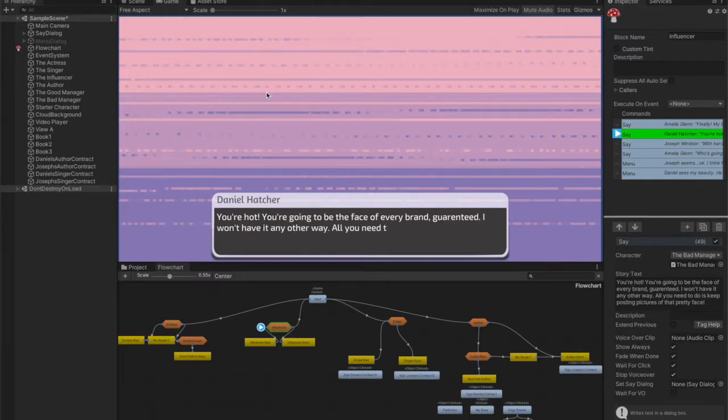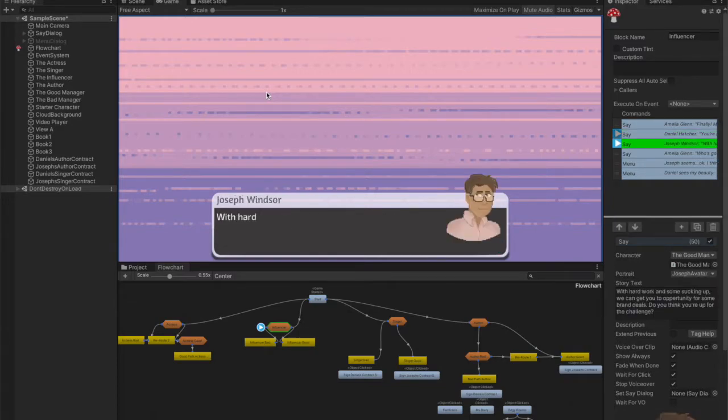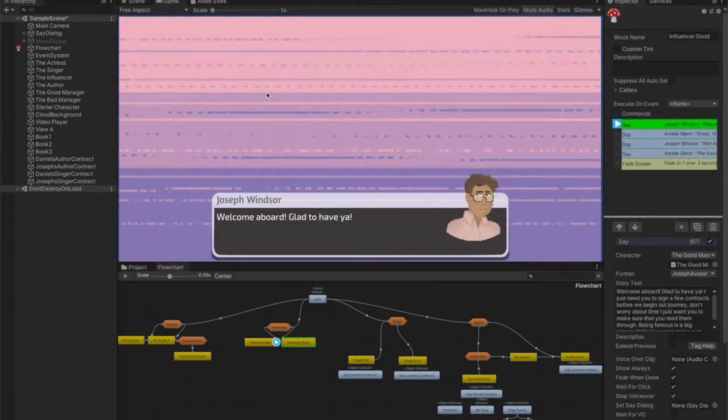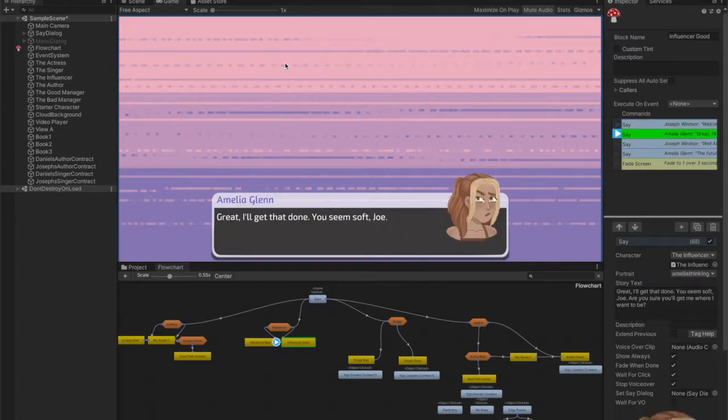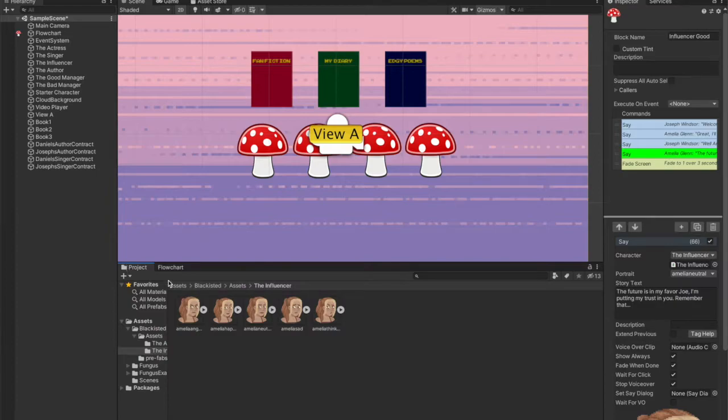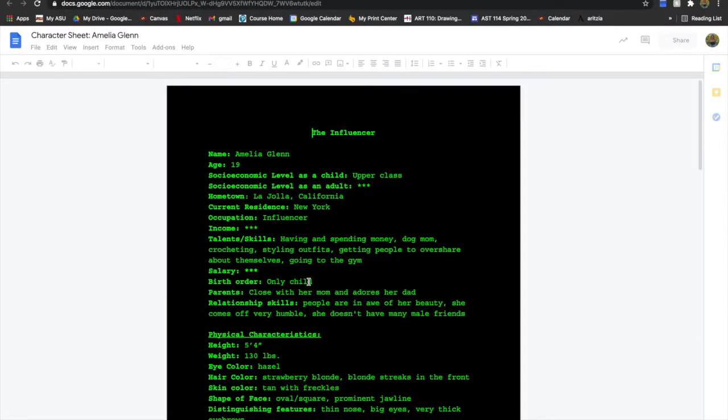I ended up liking the project so much that I kept going with it after the class ended, and I worked with an artist friend of mine to bring the characters that I designed to life, and I could add them as prefabs into the game. So this is what I'm working on right now. It's a little unfinished. I'm still figuring out how Unity works. A lot of it is looking up YouTube tutorials, but I'm pretty proud of where I am with it.